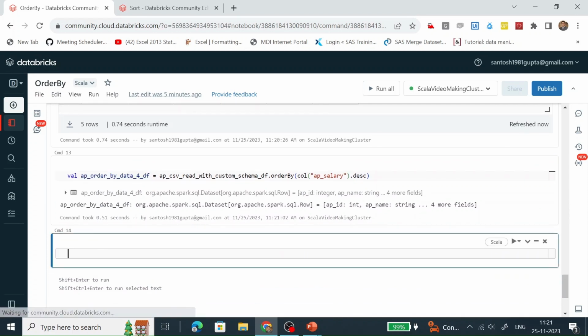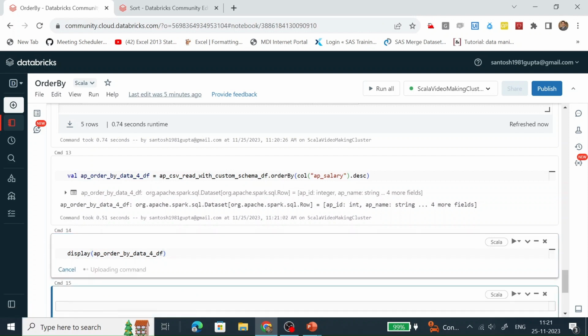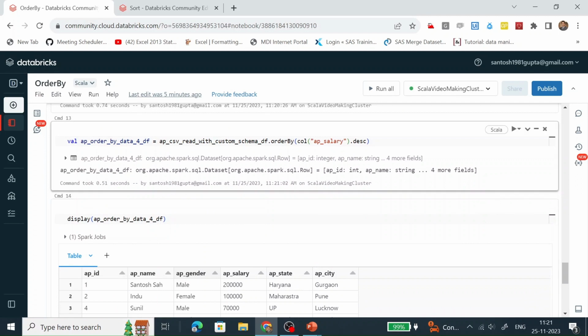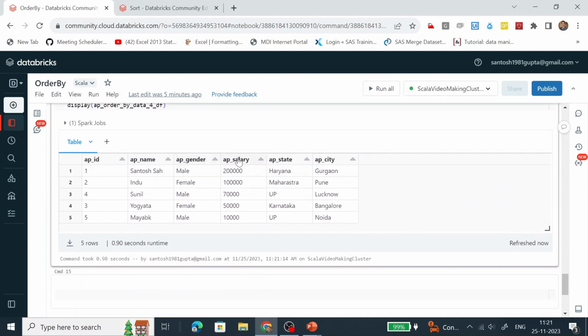Let's display it. What we have done here is sort this data frame based on the column AP salary in descending order. AP salary is an integer column. That's why the highest value is coming at the top and the lowest value is coming at the bottom.